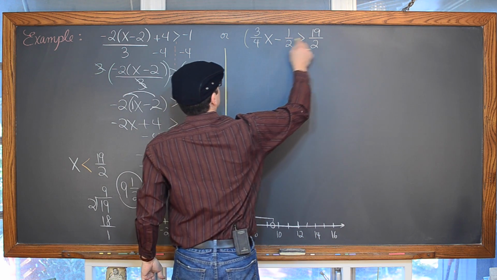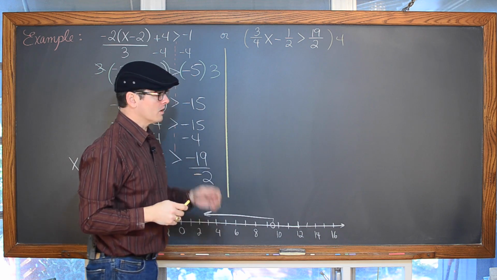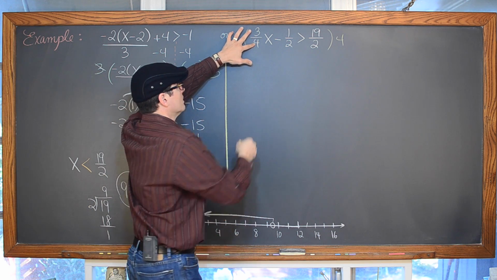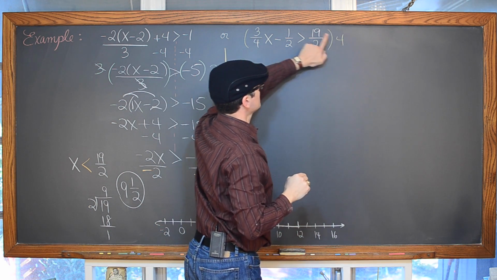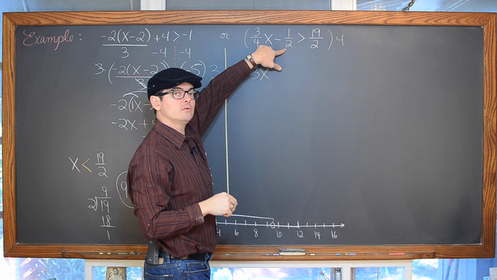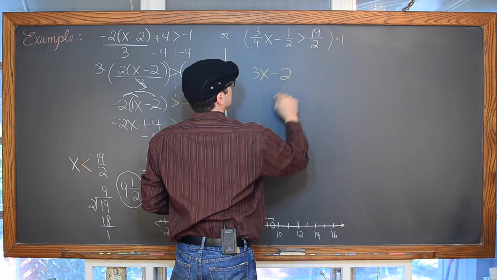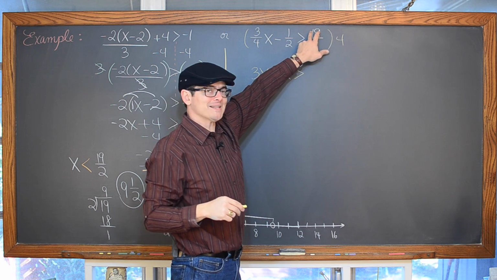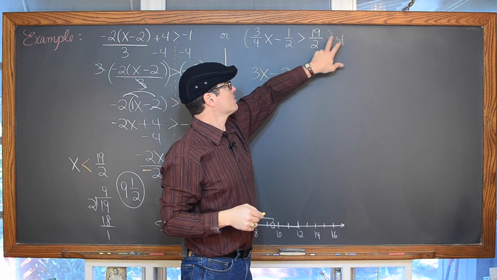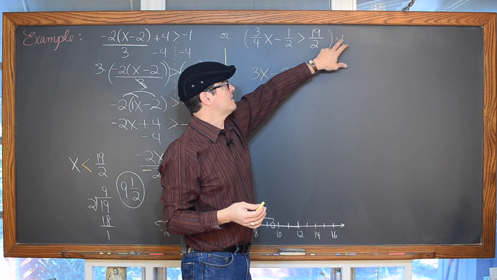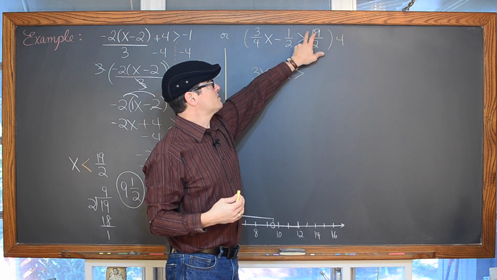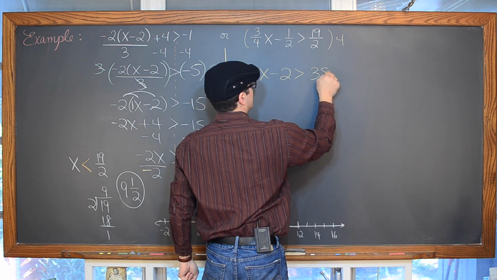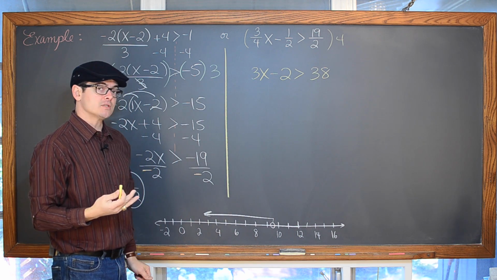So I can start off by multiplying the entire equation through by 4, and 4 times 3 is going to be 12, and 12 over 4 is going to be 3x. We're going to have 4 times 1 is 4, divided by 2 is going to be 2, and then greater than 4 times 19, divided by 2. 4 divided by 2 is equal to 2. And then that 2 that's left over times 19, well, 2 times 20 is 40, but that's 1 less twice, so it's going to be 38. And now I have an inequality with no fractions in it.